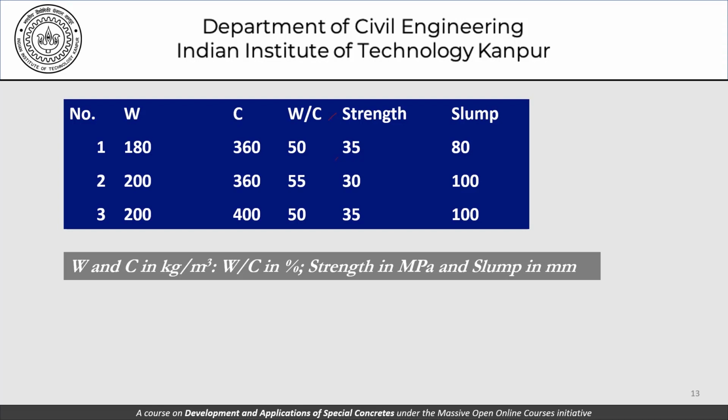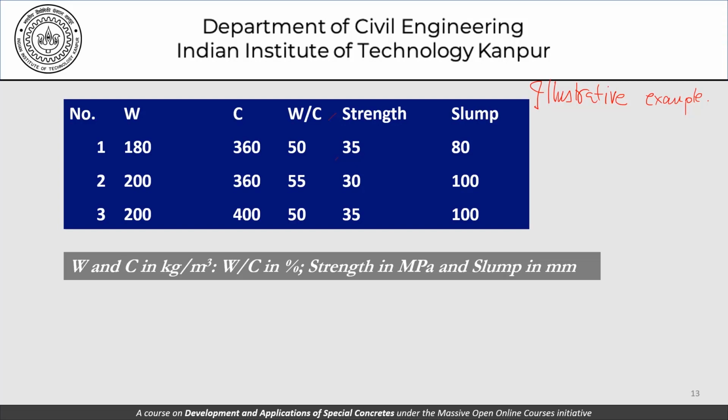Try to take a look at this slide here. 3 mixes, the water content, the cement content, the water cement ratio, the strength and the slump. This is given to you as an illustrative example. Do not try to read too much into the values given, only the principle involved. Water and cement are in kgs per cubic meter, water cement ratio is in percentage,